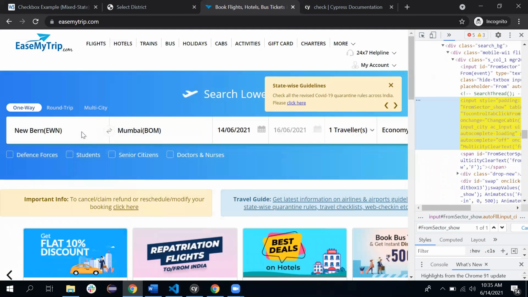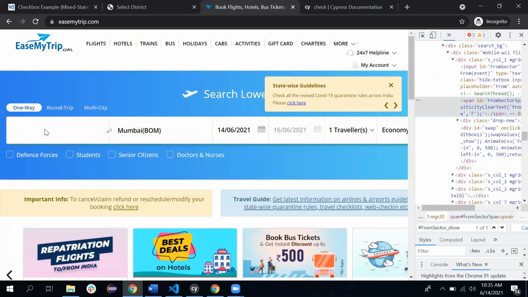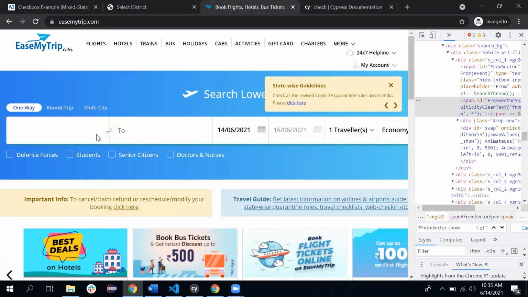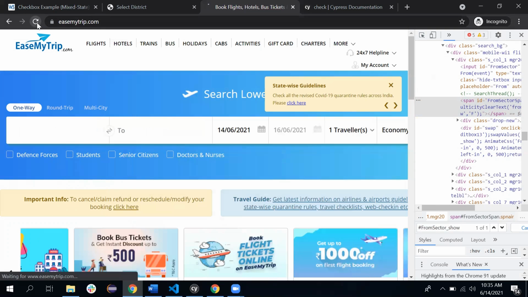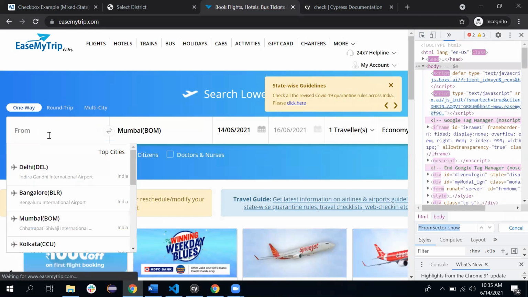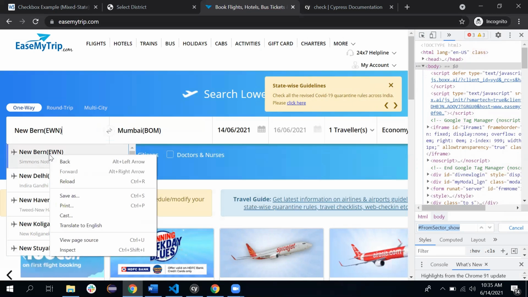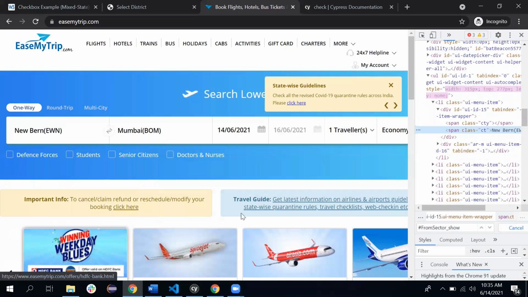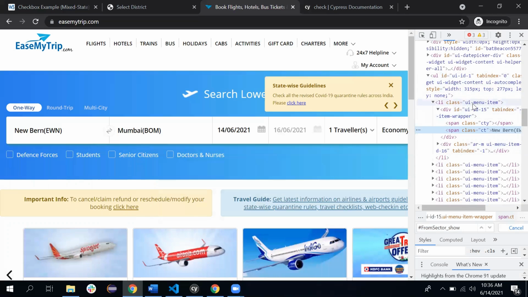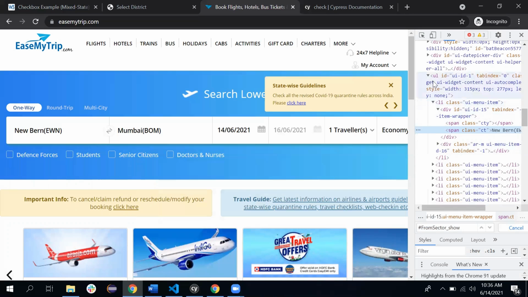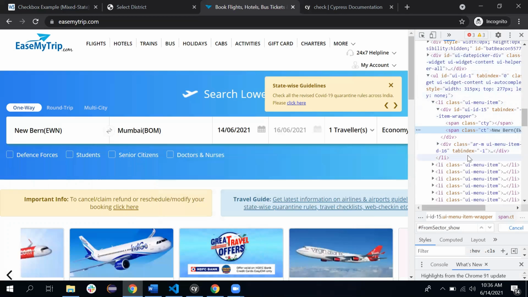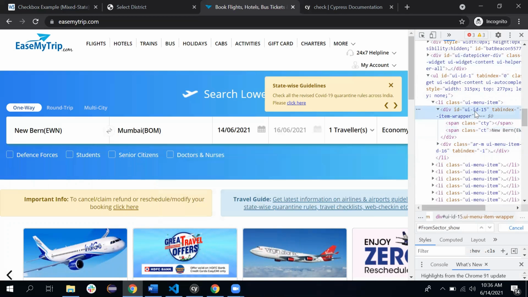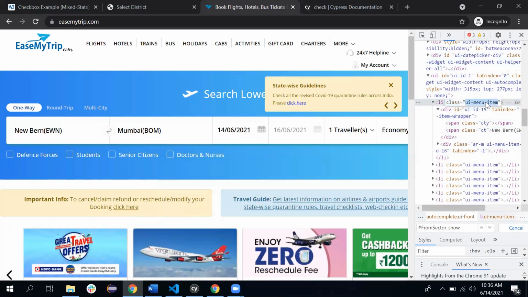So to identify this, just open it and type the new keyword again. Just a second. Okay, what happened? Just reload the website. Okay, so type the new keyword, right click on this and inspect. Here you are able to see the list of items. That is the li, the list item, that contains the new one, and then you are able to see the ul, the unordered list. First identify, go with the top. First if I select the ID of this list item and press Control F,